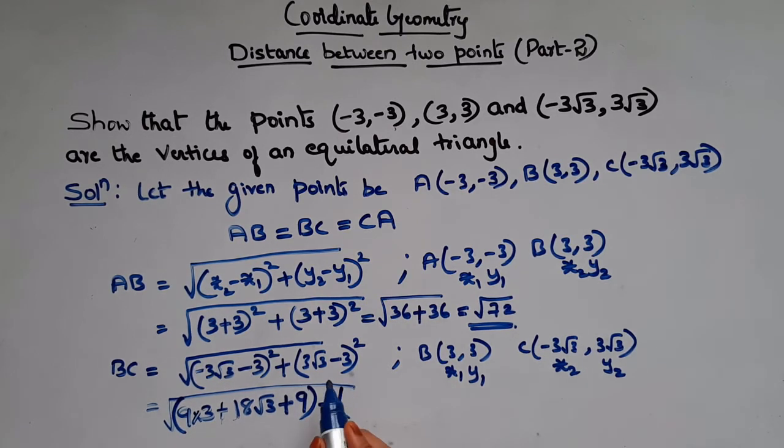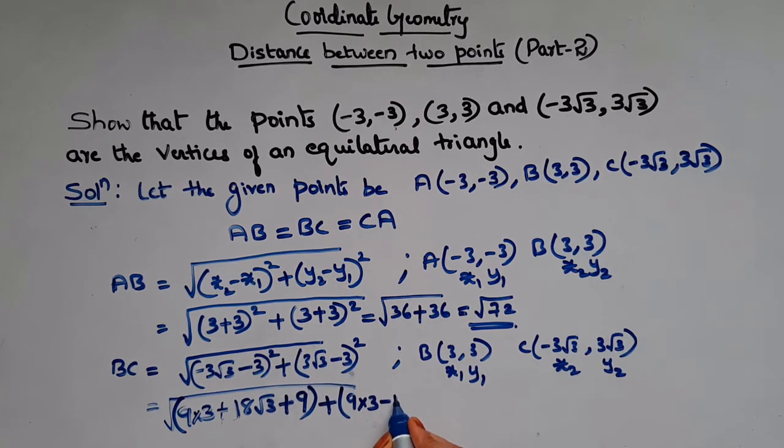Plus, similarly this is also of the form (a minus b) the whole square. So a square is (3 root 3) the whole square. So 3 3s are 9 into root 3 the square is, square root and square will get cancelled. So we are left with 3, right? So minus 2 into ab, 2 into 3 root 3 into 3. That will give you 3 2s are 6, 6 3s are 18, so 18 root 3, right? Plus b square here is 3 square, so 9, right? So we have plus 18 root 3 and minus 18 root 3 will get cancelled, right?